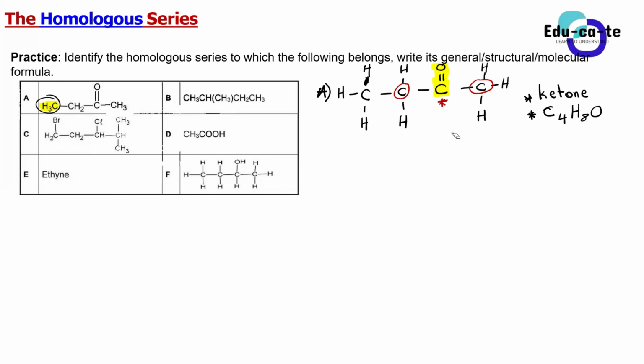But the molecular formula is specific for this compound, guys. For the compound that I've given you, when I ask for the molecular formula, you are supposed to look at the carbons. How many carbon atoms do you have? We have 4. You move on to the hydrogen atoms. How many hydrogen atoms do we have? We have 8, so that's H8. And then you look if there are any other atoms besides carbon and hydrogen. Here there is also an oxygen. That's why this is C4H8O.